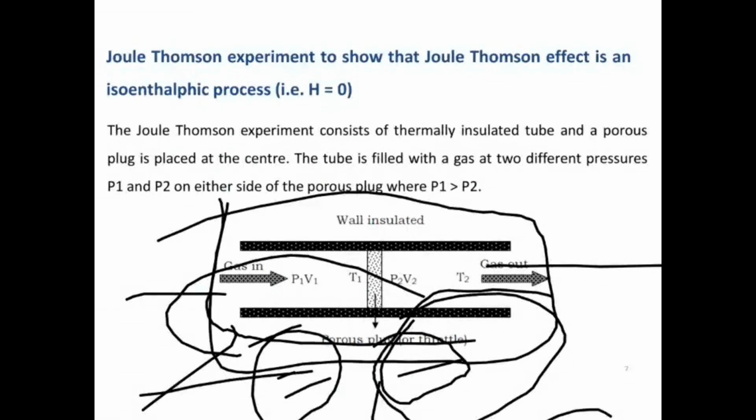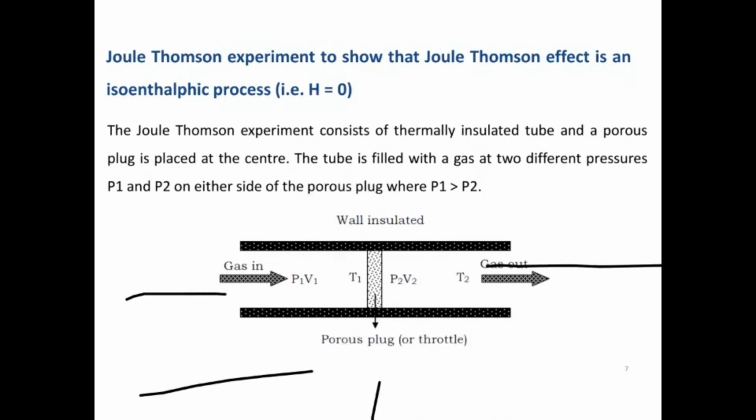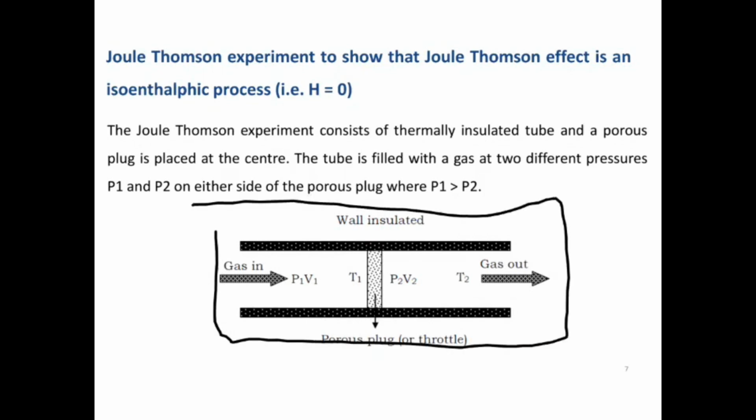For example, take this insulated wall as a system, and with respect to room temperature, that is the surrounding. If we keep it in a room, we note the room as the surrounding. So if there is a variation in the temperature between the system and the surrounding,